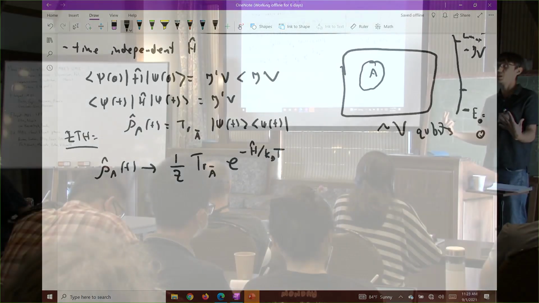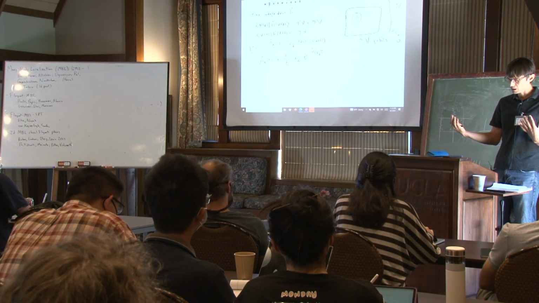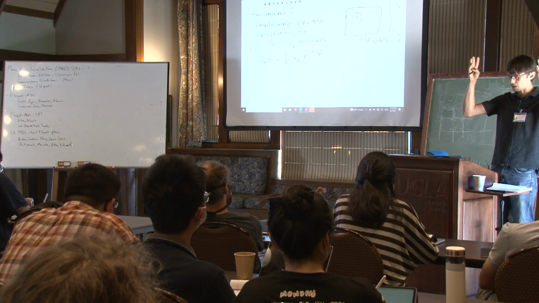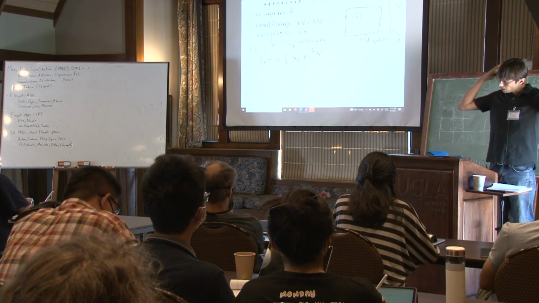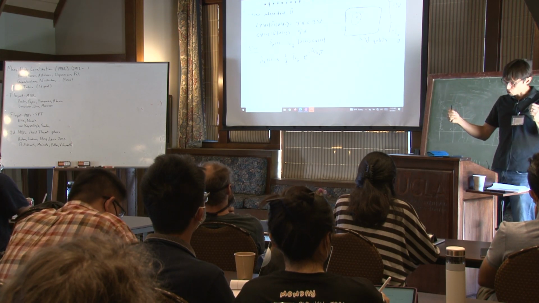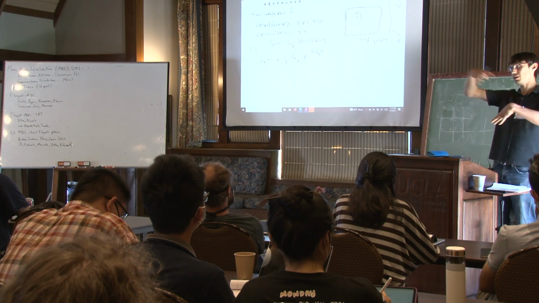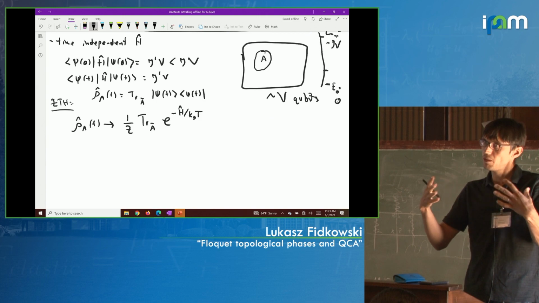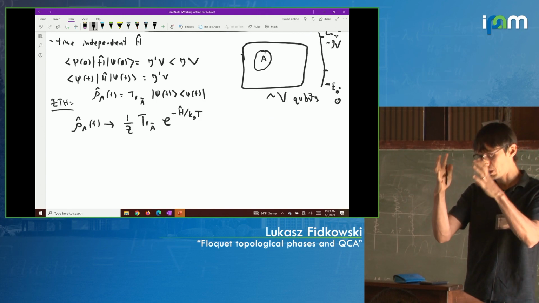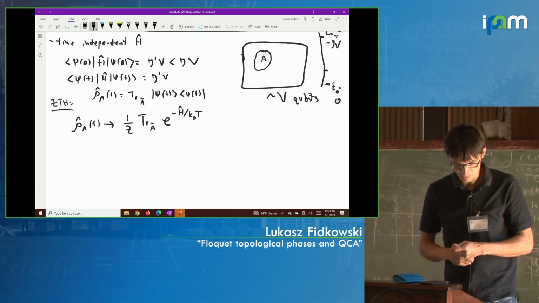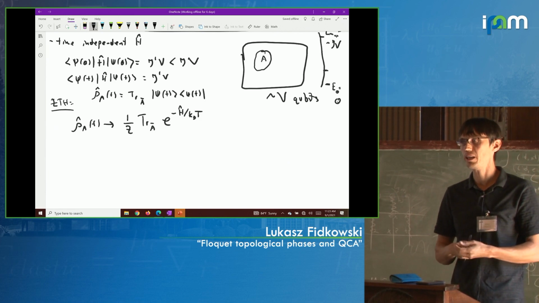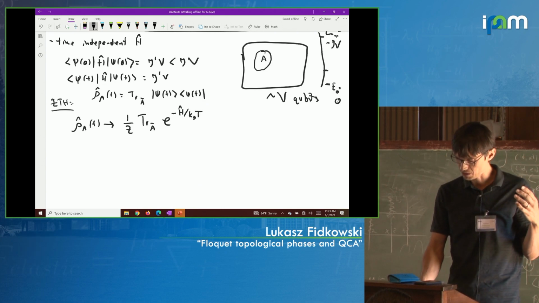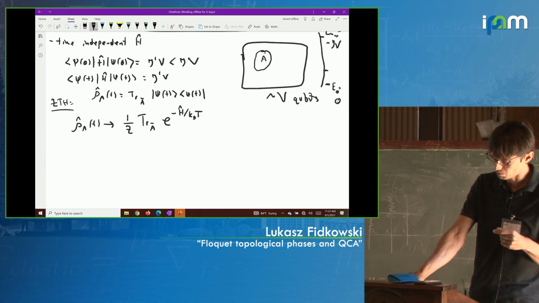So there exists some temperature T for which the thermal state, e to the minus H over kT, a mixed state on the full system, looks like rho A of t in the infinite time limit. It just says that even though it's a pure state, it begins to look thermal on small subsystems. And the temperature T is determined uniquely by the fact that the expectation value of the energy on the right-hand side had better be equal to whatever J prime times Z.